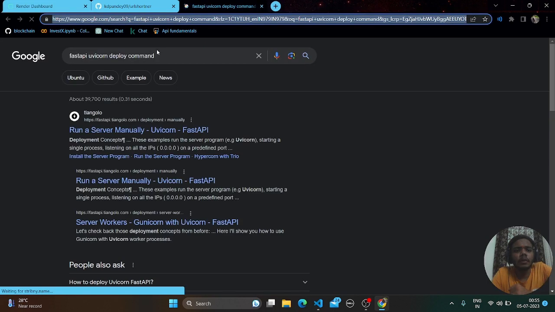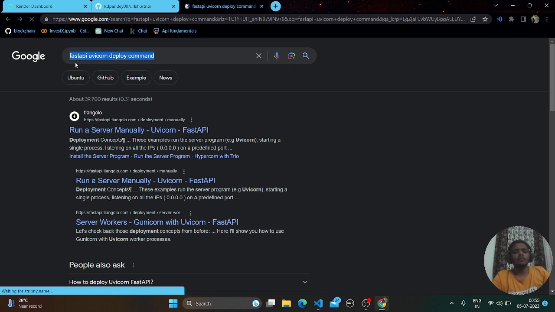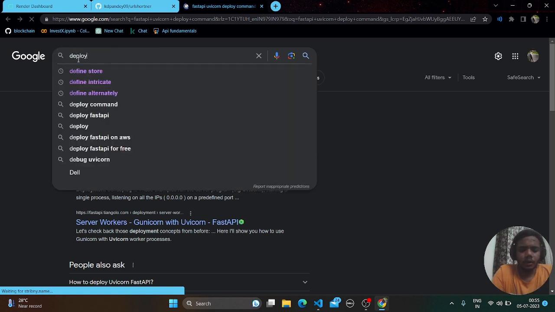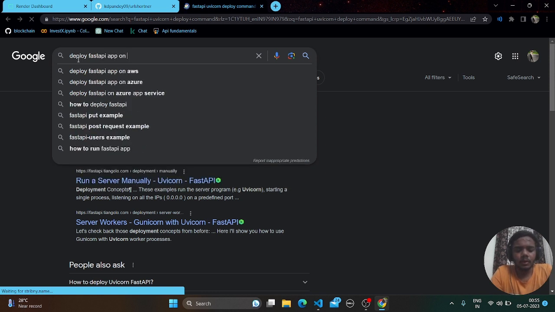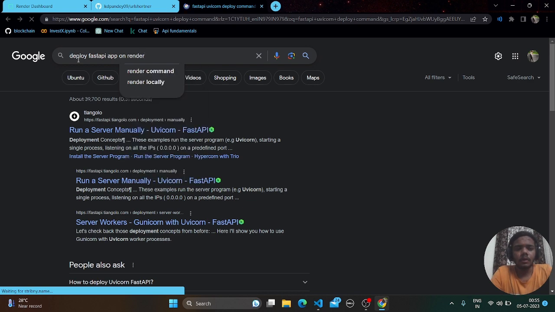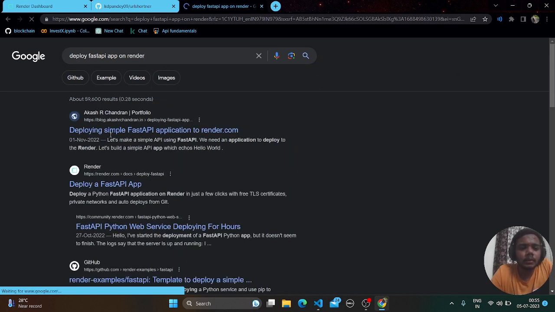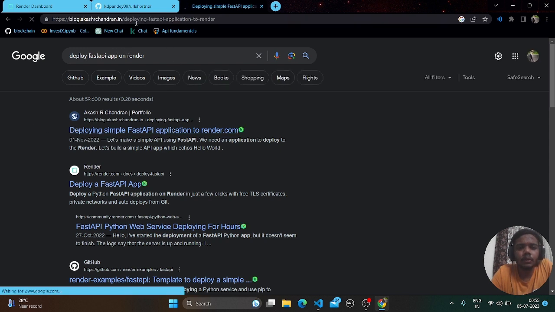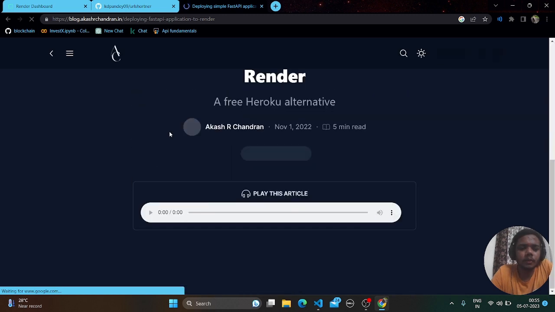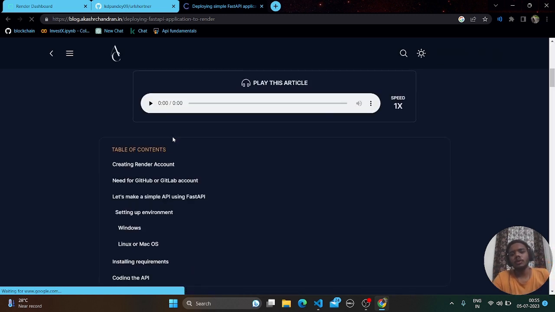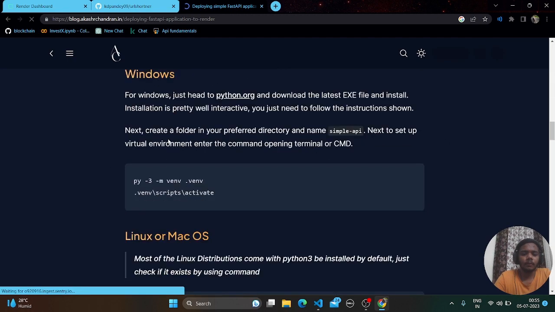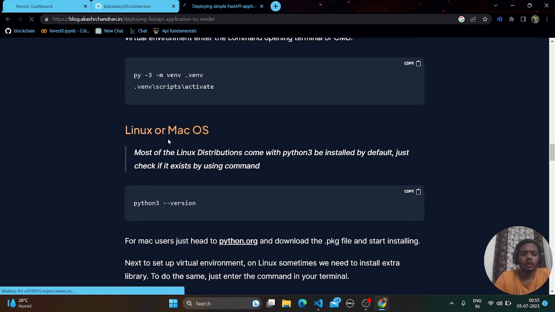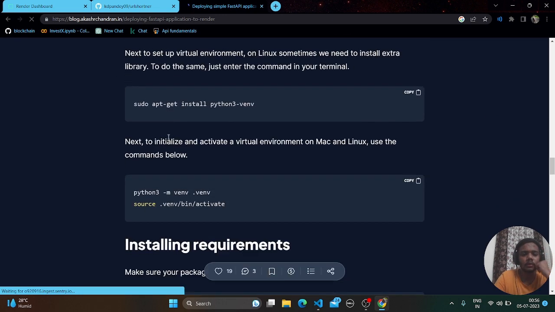Now the start command, deploy FastAPI app on Render. Here it is. What I need to know is the deploying or production command for uvicorn, because what we use, uvicorn main:app --reload, is for our testing or debugging. We basically don't need it there. So what I can do is,